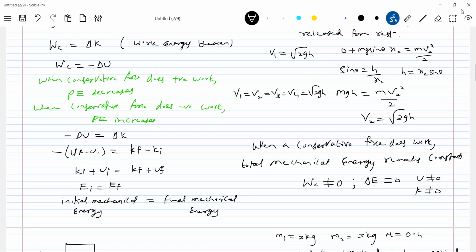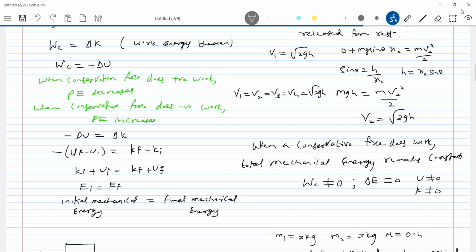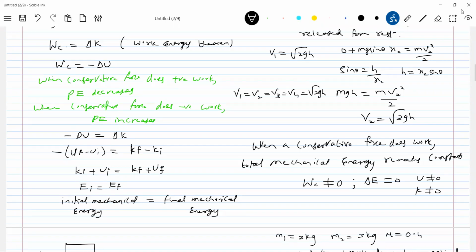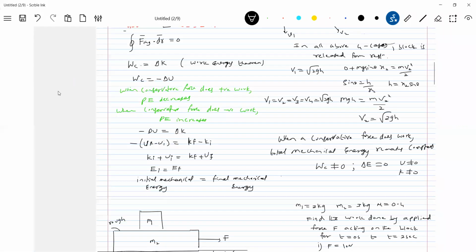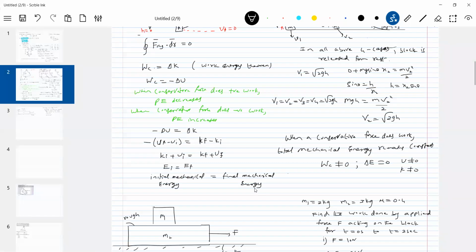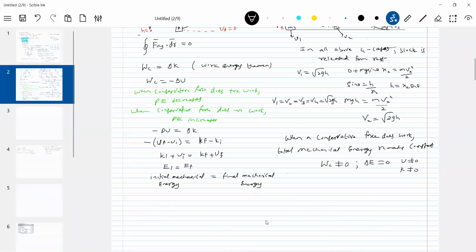The law of conservation of mechanical energy is very important; I'll be using it in many problems. So what is the basic idea? When a system is acted upon by several forces, all types of forces, but only a conservative force does work, then mechanical energy is said to be conserved. Let me write that principle. It's a law. What do you mean by law? It's over. You should not question further. You should try to learn only how to use that law.